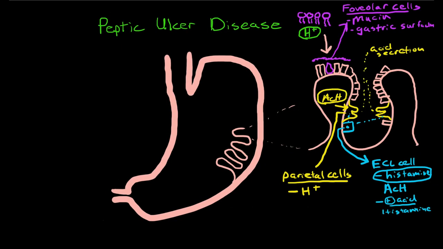Now, if you give someone a PPI, on the other hand, a proton pump inhibitor, a proton pump is the mechanism by which the parietal cells produce their hydrogen ions and secrete acid. So if we give a proton pump inhibitor, it's a much more powerful drug at preventing acid secretion because it's not just dependent on one pathway. Now our columnar epithelium continues all the way down to the bottom, and then sort of at the bottom